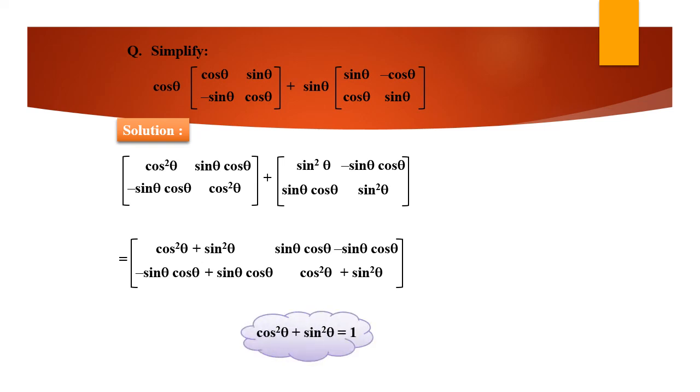So we already know the basic trigonometric identity, cos square theta plus sin square theta is equal to 1. So in the place of the first and fourth element we can substitute 1, and the second and third element we can simplify, and the sum is equal to 0. So we get 1, 0, 0, 1, which is an identity matrix of order